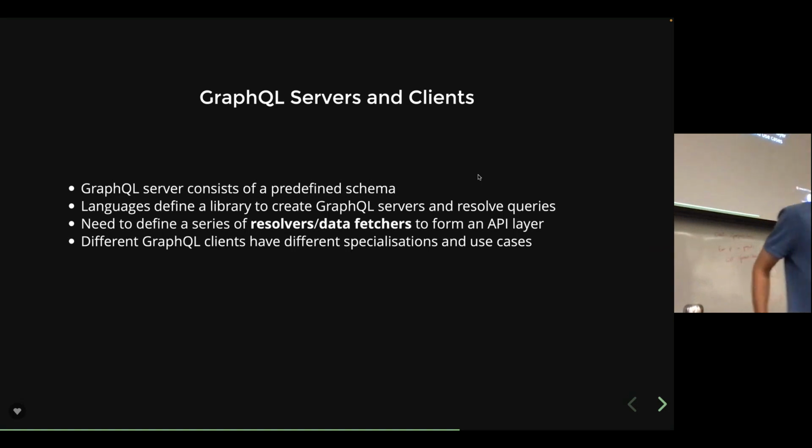Your programming language will have a library that will allow you to create GraphQL servers. GraphQL Java calls the things that we use to resolve fields data fetchers. Every other language calls them resolvers. But essentially what your API layer will consist of is a series of data fetchers or a series of resolvers